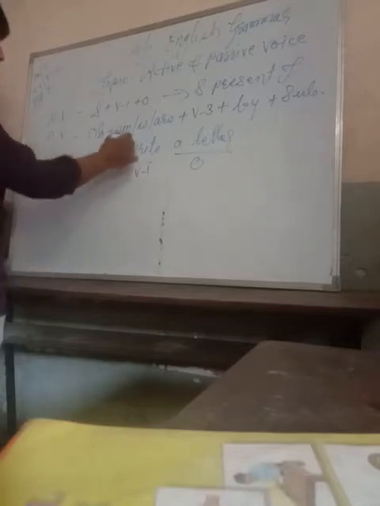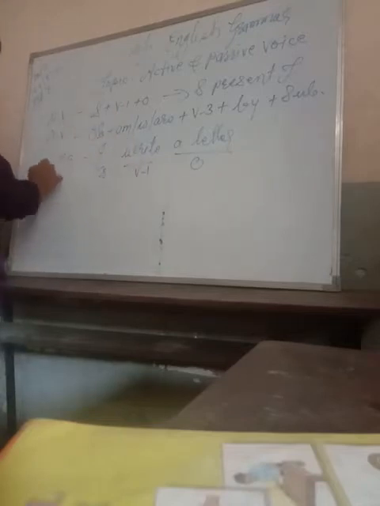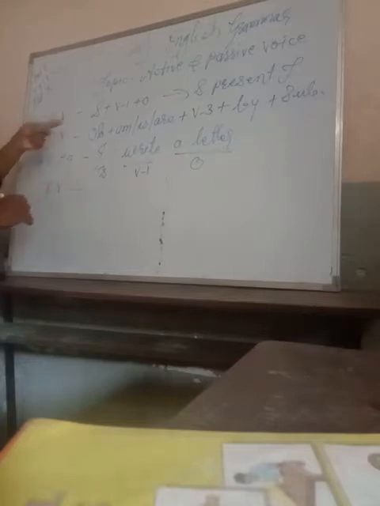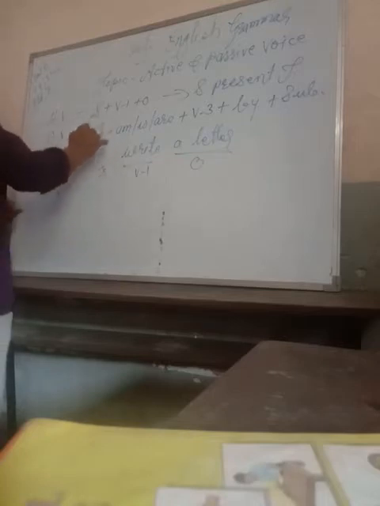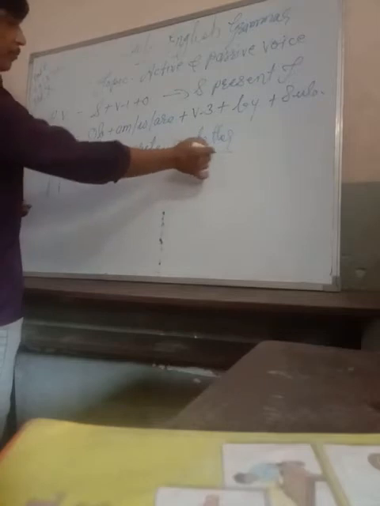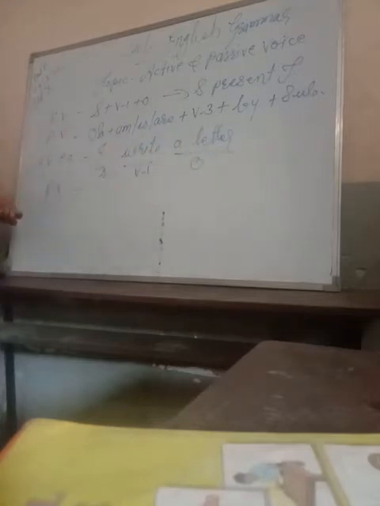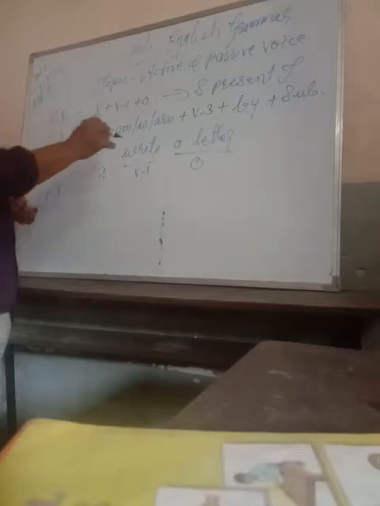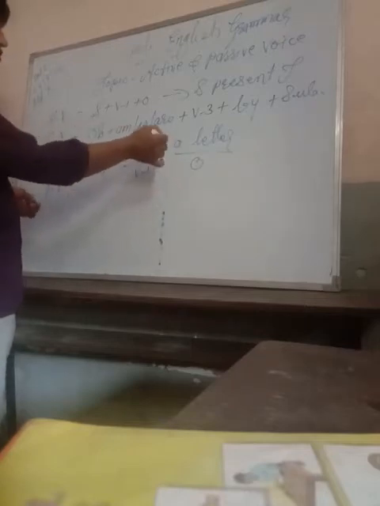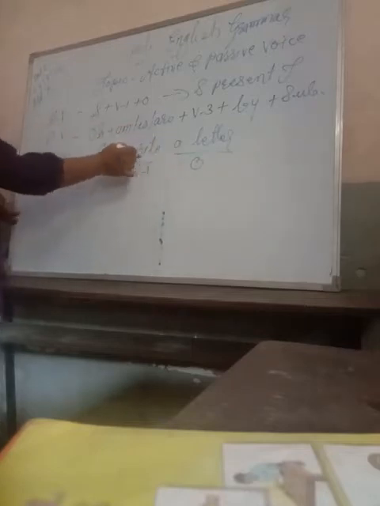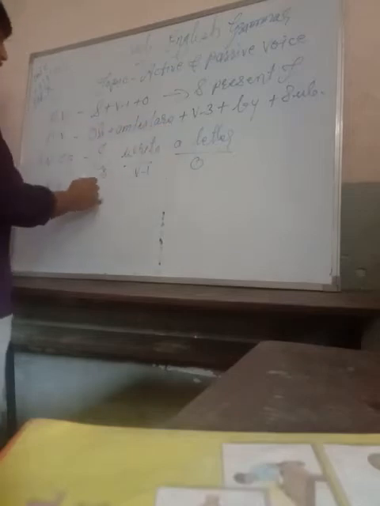Now look here. We are going to change according to the rules. We have to give the name of this sentence, active. We are going to convert it into passive. Now, first of all, what comes in the passive voice? It is written here: object. So object, we found it here. It comes after the verb. You have to remember the sequence, where it comes. Object after the verb. The verb is write and a letter is an object. So, a letter.